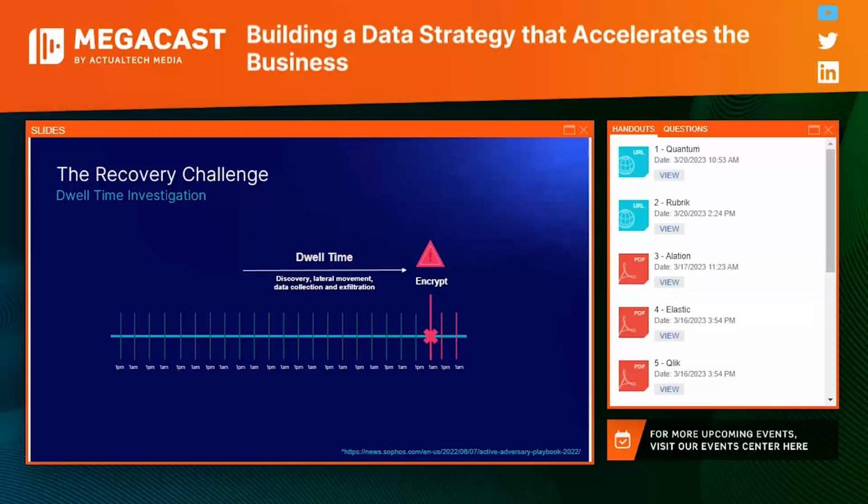right? According to a 2022 research by the antivirus company Sophos, the median dwell time for a ransomware attack is about 11 days. So this is plenty of time for the malware to spread and gather valuable data about the environment. We don't know how far back we need to go. We've got an 11-day dwell time on average; it could be more. So how do we know when we need to get to stage 2, stage 3,